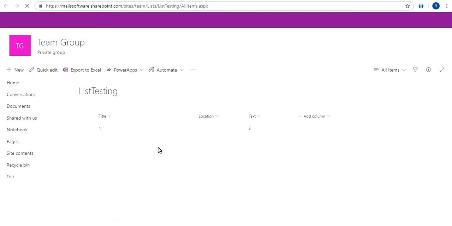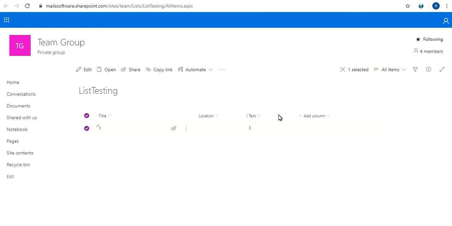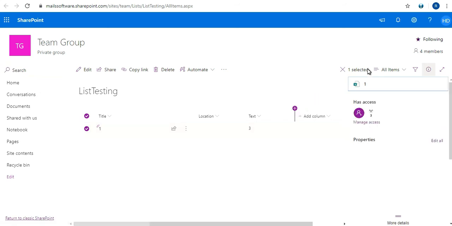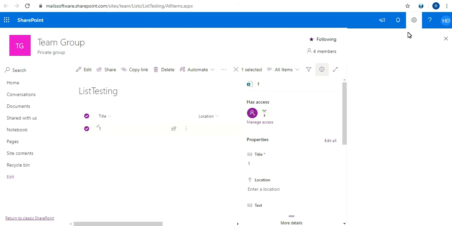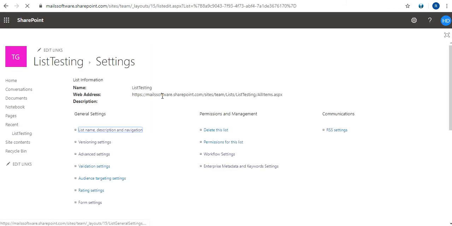Now select that list and then you will just need to open list settings. From list settings, you will see an option, versioning settings. Just click on this option.